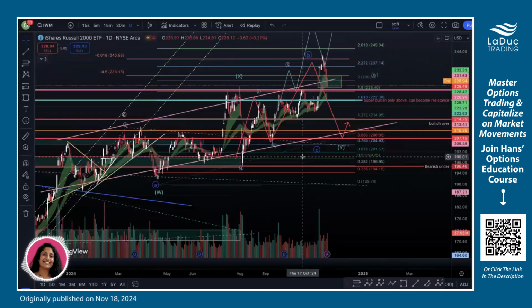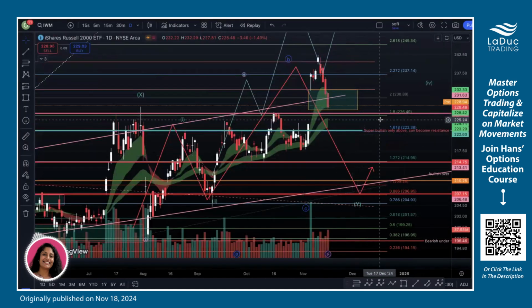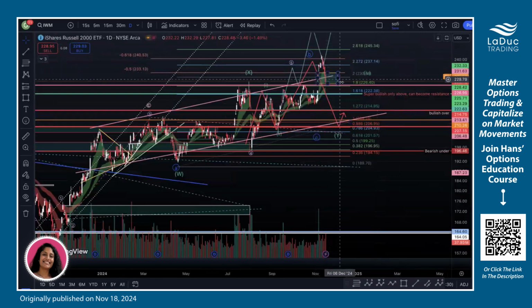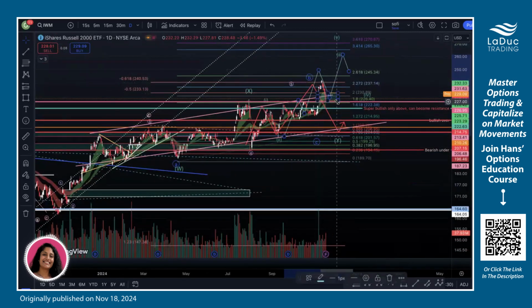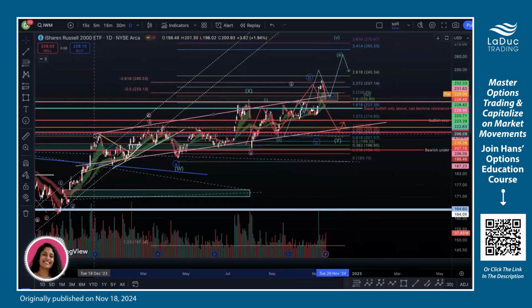so we could have a little bit more digestion to the downside. IWM, similarly, I mentioned how 225 was the pivot. You can see we've come back down to retest it. So as long as we hold this level, we can still push and continue higher. If we break that, you can see this is where we started this channel all the way in December of last year. We break that, then we're going to come back into 200, 208. So yeah, it's super important to hold here to move higher.